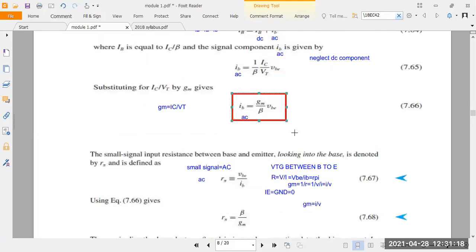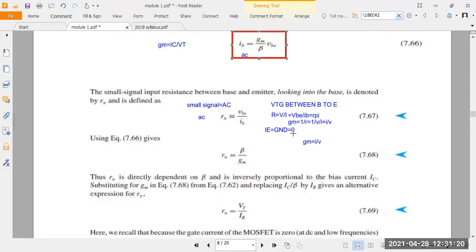Next, we want to find the resistance. For the base side, you have to take the resistance between the base and emitter, because the base-emitter diode is forward biased. When there is a forward bias, there is a current. When there is a current, there is a voltage. When there is a voltage, there is a resistance. That resistance you have to find out. Understood? The base-emitter diode is forward biased.